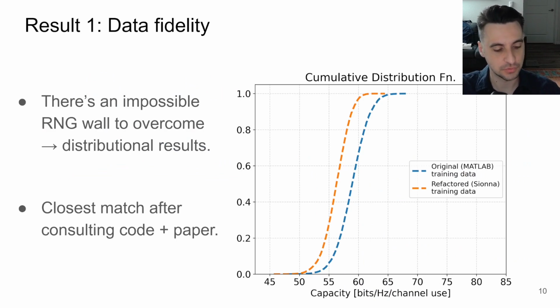All right. So the first result is the most basic one. Is Sionna a proper replacement for MATLAB? Not exactly. Okay. So because of the domain, it's also virtually impossible to get pointwise results. So we have to resort to statistical results. So here I'm showing the cumulative distribution functions of what's called a capacity, some sort of metric aggregated over 10,000 channel samples from the two simulators, okay?